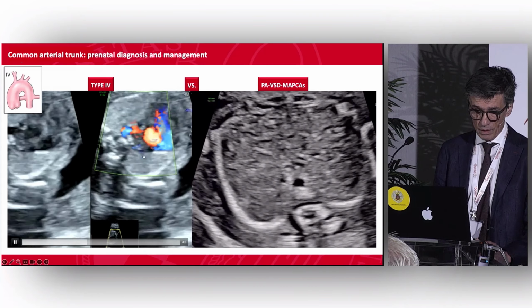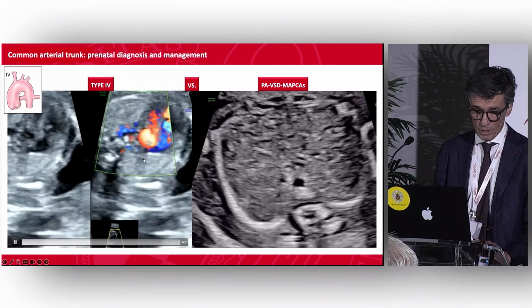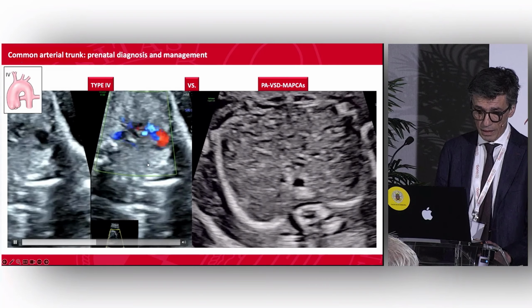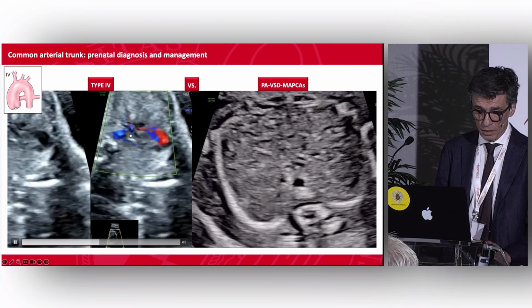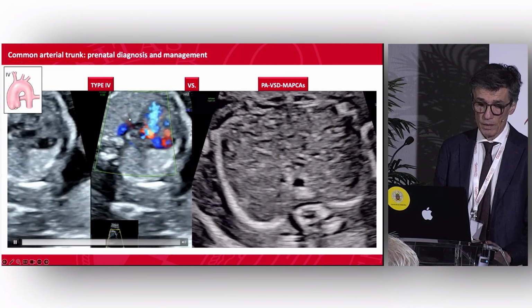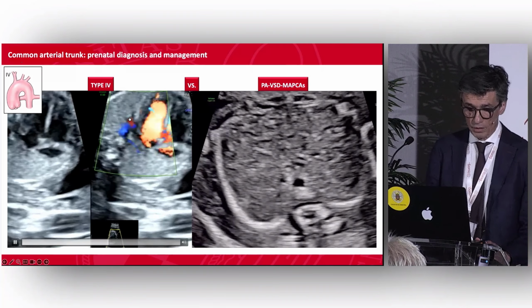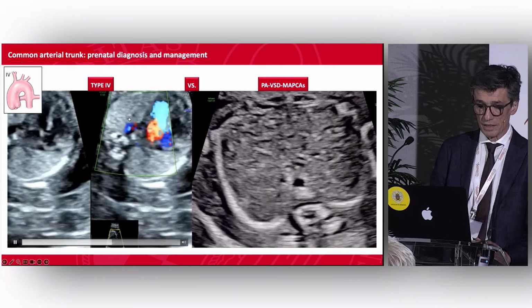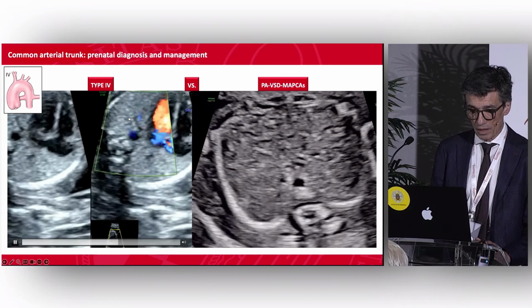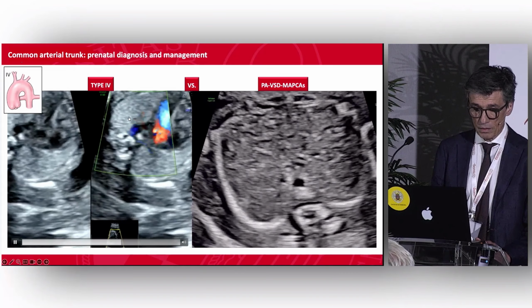You can see here this small vessel coming to the right lung from the descending aorta, and here you will see now the left pulmonary artery emerging from the ascending aorta. So for this, we gave the prenatal diagnosis of type 4